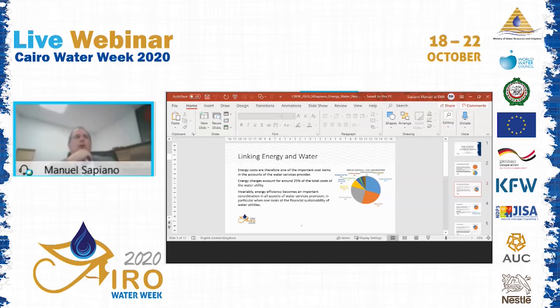And therefore, if we are going to look at financial sustainability in the provision of water and wastewater services, the fact that energy accounts for around 25% of these costs makes it an important consideration, because energy efficiency can lead to lower costs, and lower costs can lead to lower costs for our people who are actually being provided with